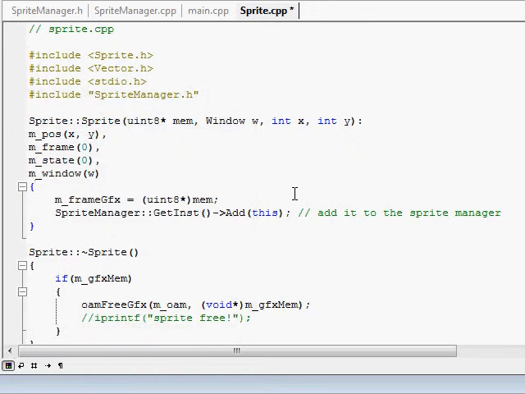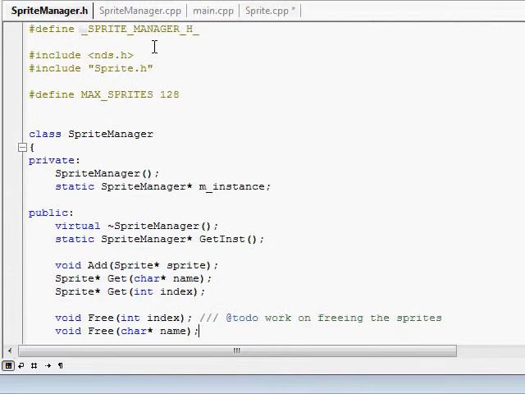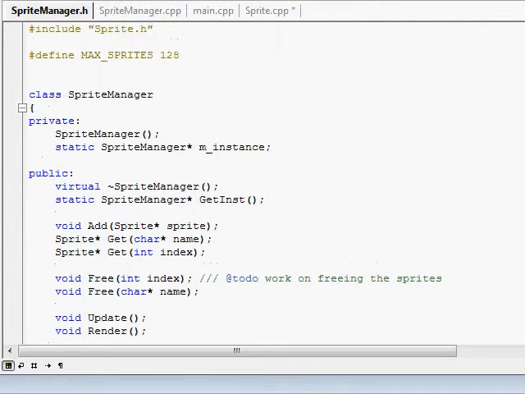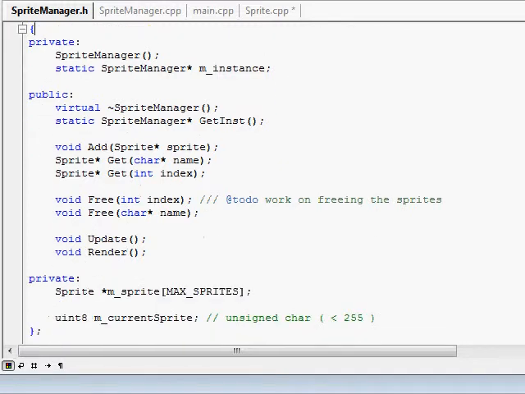Okay, it's time for part 3 of the DS tutorials, and I don't know if I showed you this, but I made a sprite manager, and I guess I'll explain it now. The max sprites you can have on the DS is 128, and that's sprites. Tiles and stuff like backgrounds are different. I'm still learning, but basically my sprite manager is a